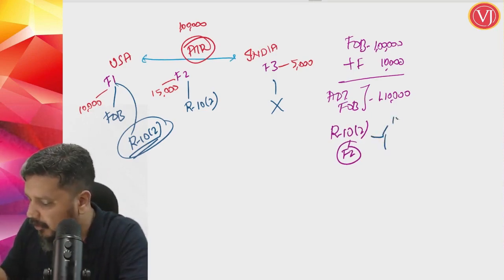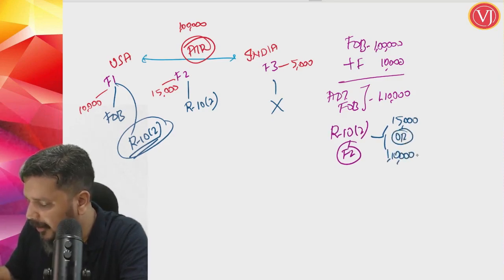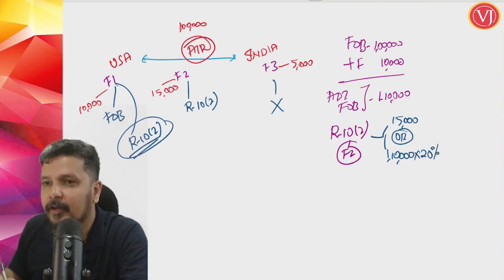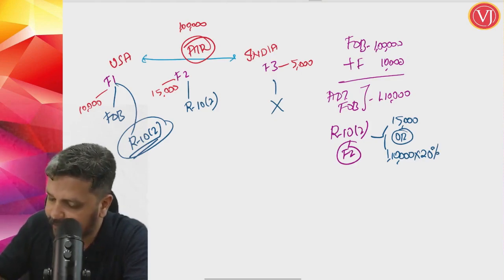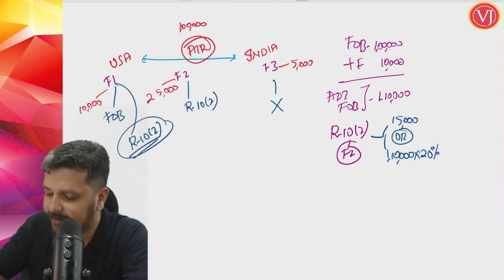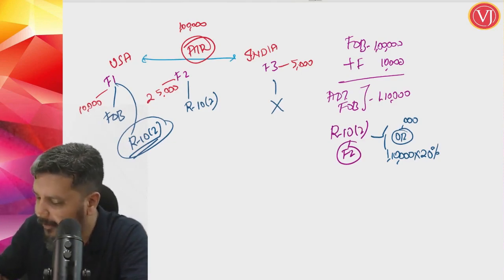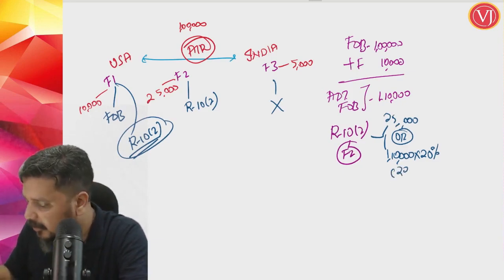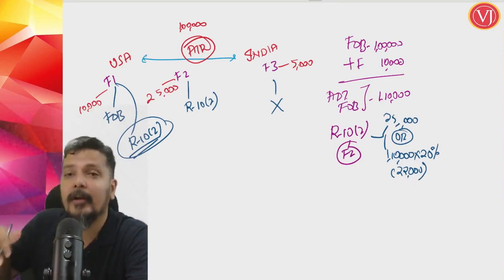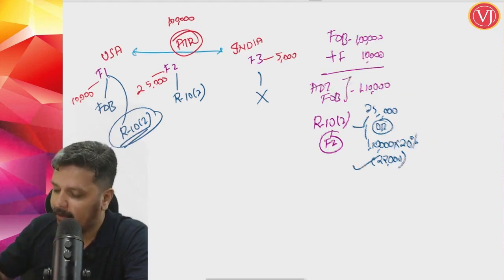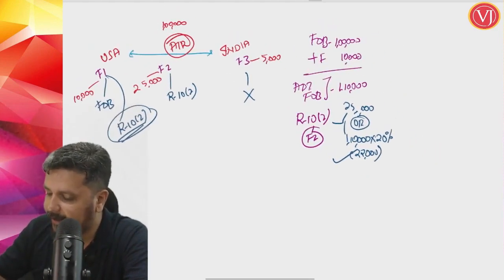Maximum of 15,000 or 1,10,000 multiplied by 20%, which is 22,000. Okay, we'll change this 15,000 to 25,000. So maximum of 25,000 or 1,10,000 multiplied by 20%, which is 22,000. Whichever is lower, not maximum. You have to go with this. Right? This should have been your correct answer. And your final answer would have been